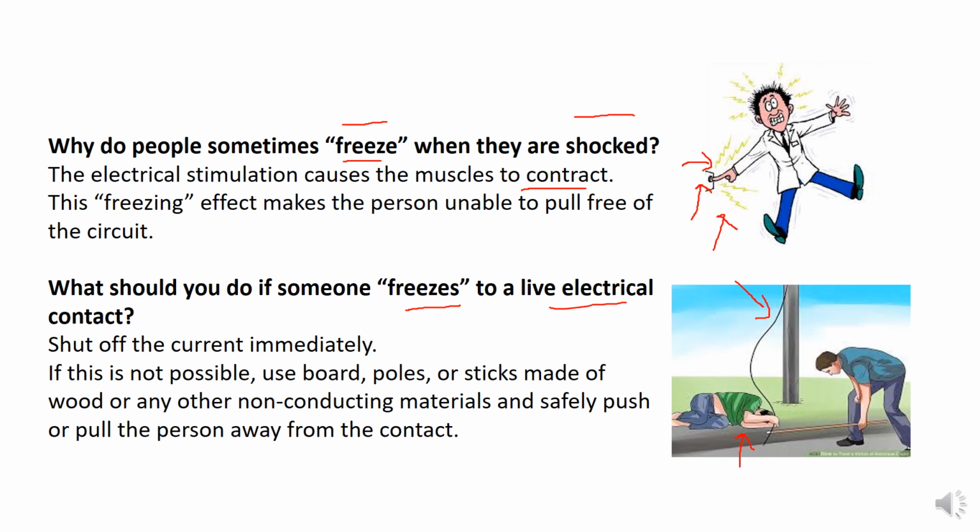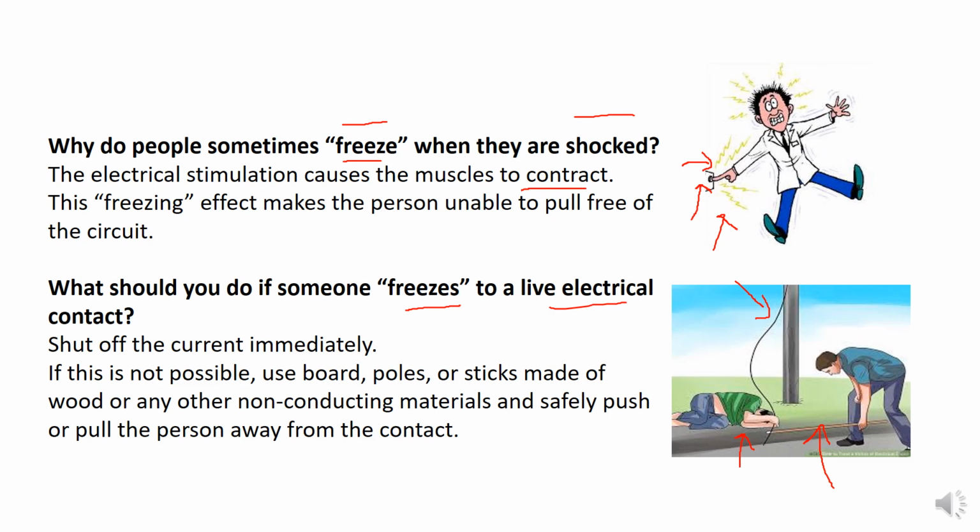Insulators are materials through which electric current cannot pass. Here you can see this guy is using a wooden stick. Take the wooden stick and remove the energized source first, and then detach the person who is freezing from the energized electric